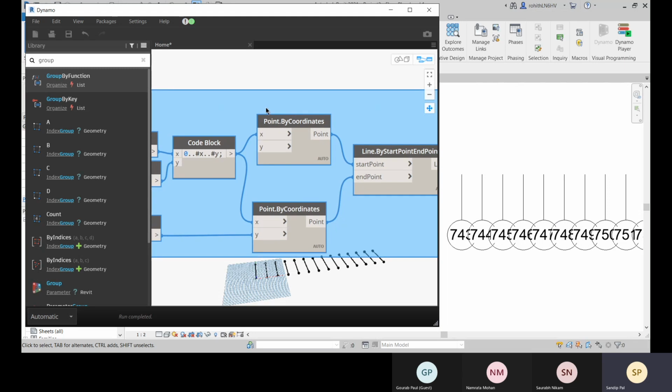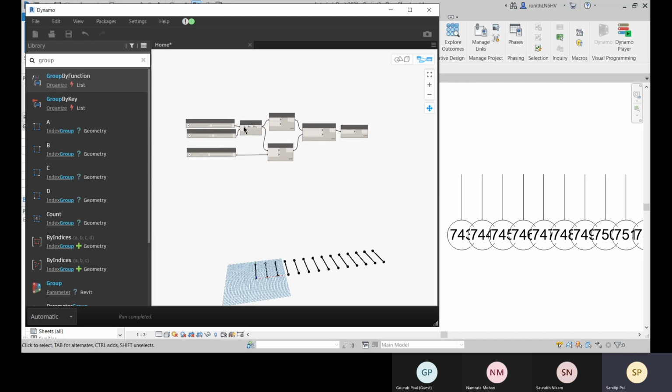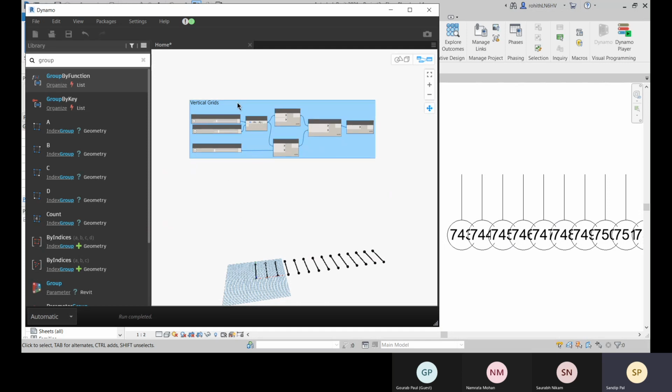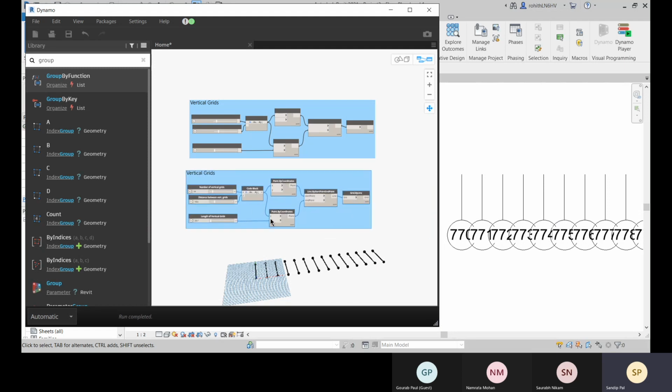You can go for ungroup again, like this. So, okay, so now let me select it, Control C, and so they are pasted. And now let me go with these horizontal grids.